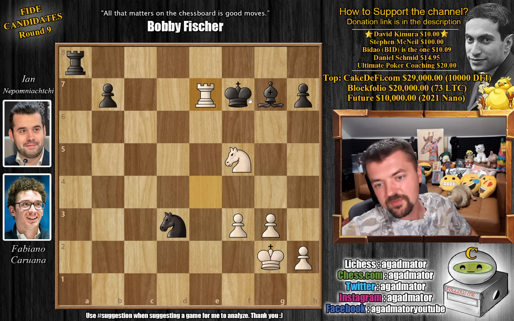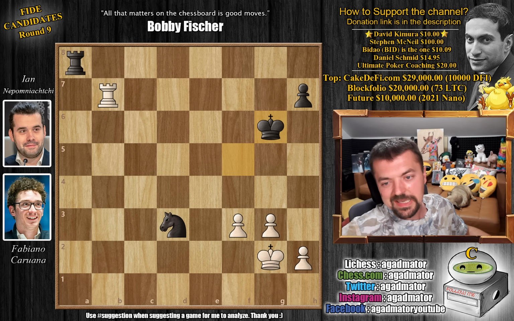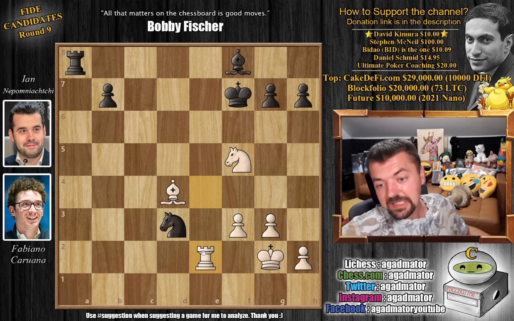For example, rook e7 check, king to f6, and now rook captures on g7. Again, you give up the knight for some pawns here. Rook captures on b7, king g6. Now you have these 3 pawns for the knight, or rather 2 pawns for the knight, but still, it's a draw. But okay, rook to e2 was played, giving Nepo the opportunity to now maybe play for advantage, and